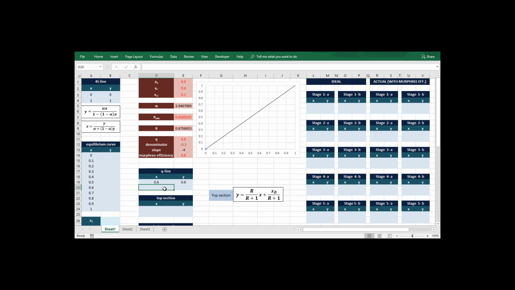For the second value of X, we will just assume any number that will apply for the given Q. And for the second value of Y, we will use the formula Y equals the quantity of X2 minus XF times slope plus XF. Adding this to the plot,